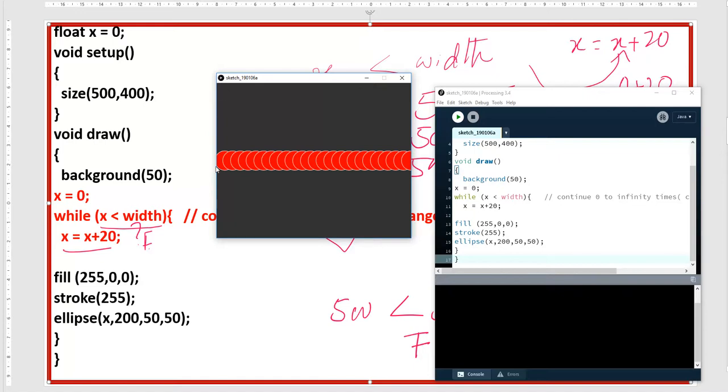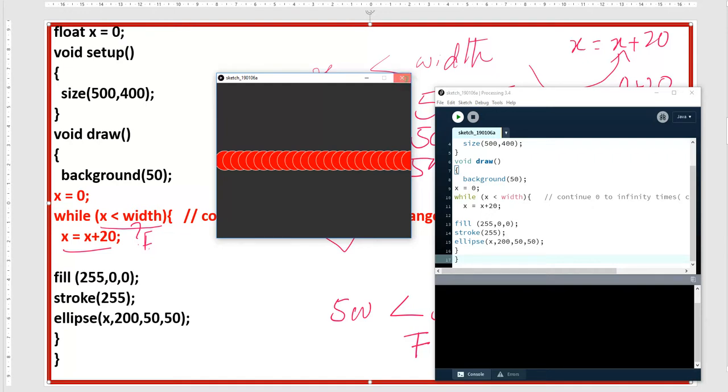So first ellipse, then 20 plus 20 is equal to 40. So the second ellipse will be at 40 pixels on the x-axis and 200 on the y-axis, then 60 pixels, then 80, then 100, and so on. So it will continue until this condition becomes false. So this is the while loop.